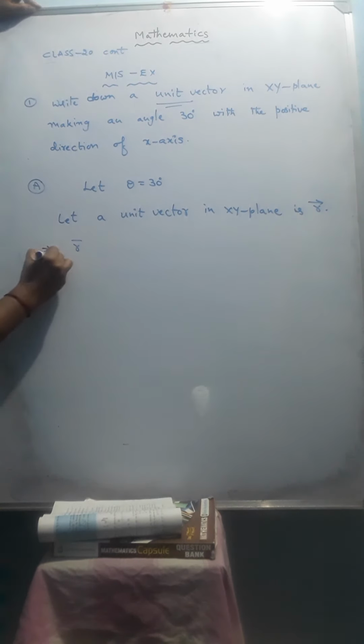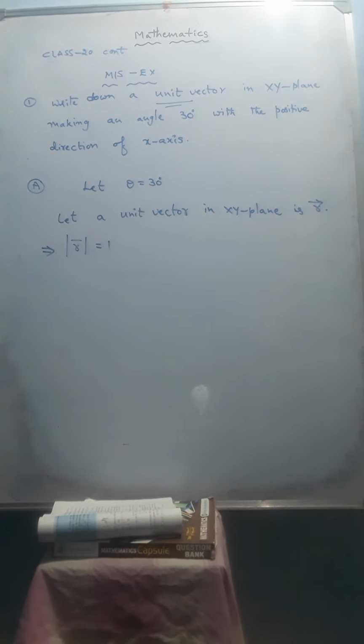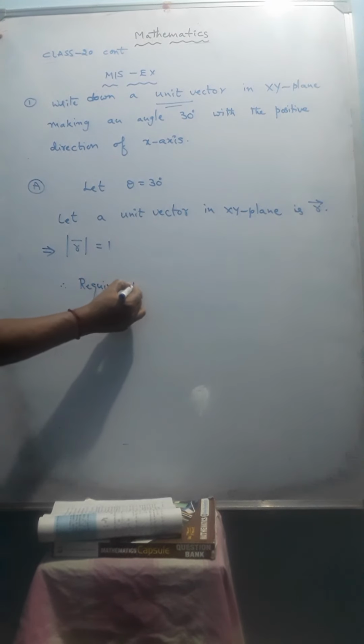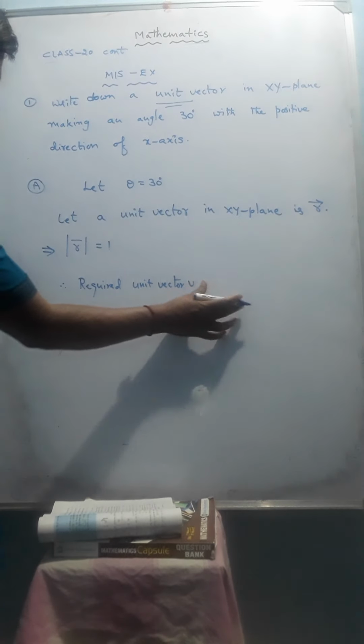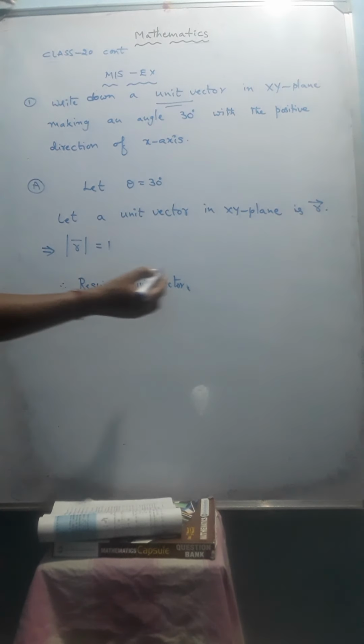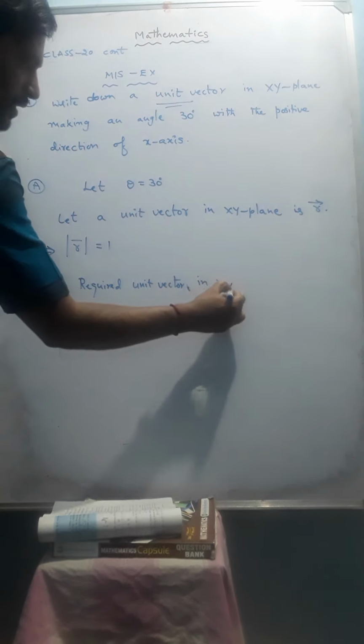That implies modulus r vector is equal to 1. Why? Unit vector magnitude value is equal to 1. Next, therefore the required unit vector in xy plane